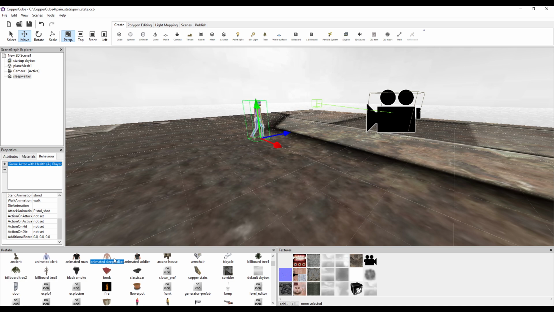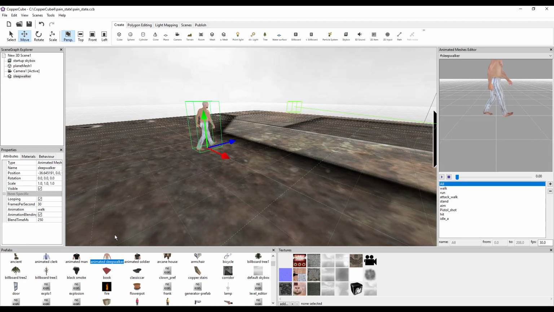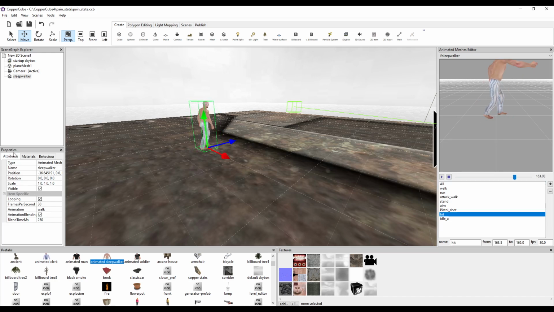Let's just talk a bit about what we're going to be doing. First of all, we need to introduce something that is pain state. Pain state in the game is basically when you hit an enemy, for some time the enemy gets sort of frozen, so AI turns off, and the hit animation is playing. And this is also something that we're going to be doing here. I believe this guy actually has a hit animation, but during my testing, I figured out that this hit animation doesn't really work